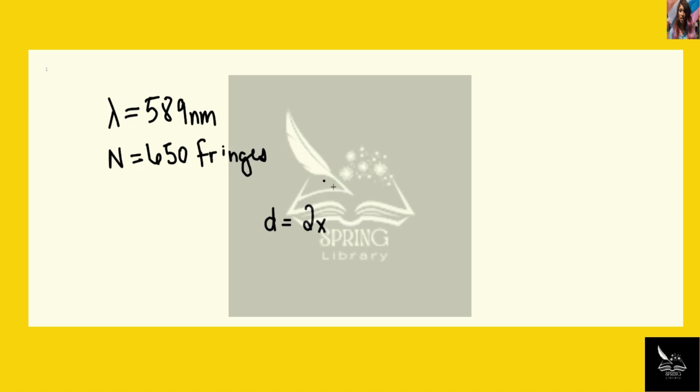And so we know from the text that every time you move by lambda over 2, you go, well, I guess we know from this formula, every time, like, let's say,